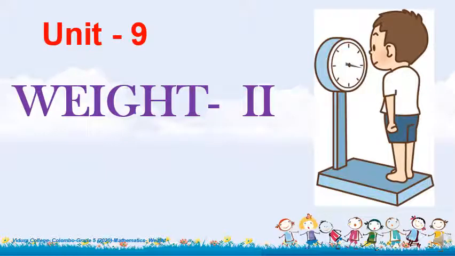Kids, if you can remember, we have done this lesson in our second term too. We have completed the first part of weight in the second term. So, when you're buying goods, it can be the vegetables or any other thing, we have to weigh the weights. Sometimes we have to measure it. Sometimes we compare whether it's lighter or whether it's heavier than the other one.